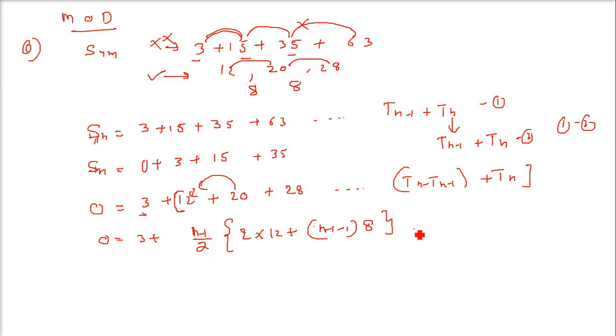So what do you get here? When you solve this, you are going to get 3 plus n minus 1, and then you have 12 plus 4n minus 8. And when you solve these two, this is going to be Tn. I am bringing this Tn here, let us assume that I am bringing minus Tn here. So from here to here, the last term is Tn minus 1, as we already saw. So we took this n minus 1 here, and Tn will be what?